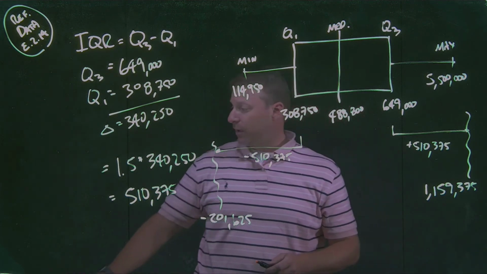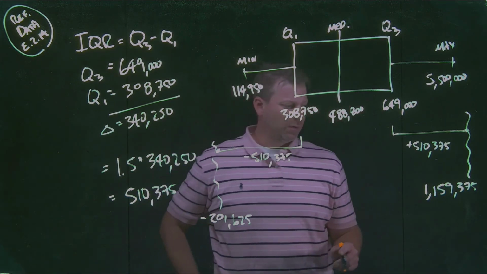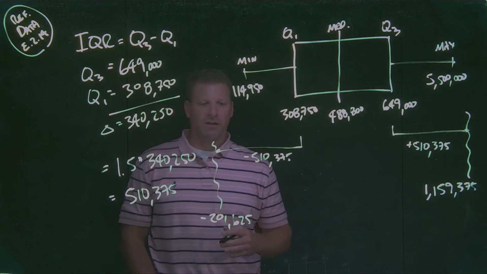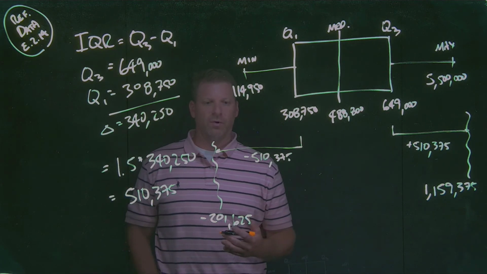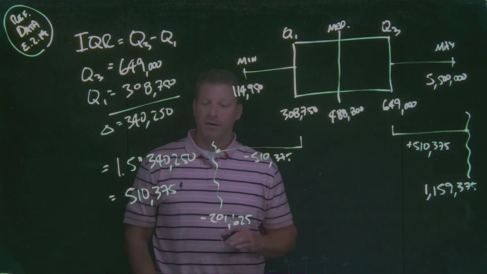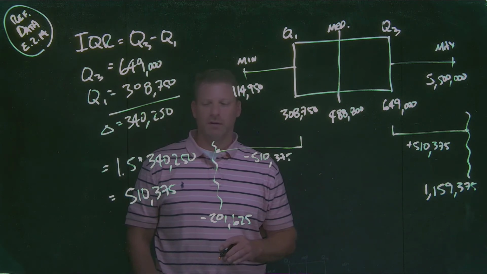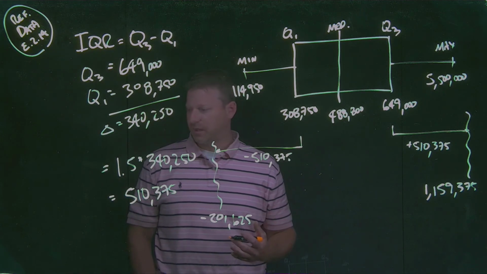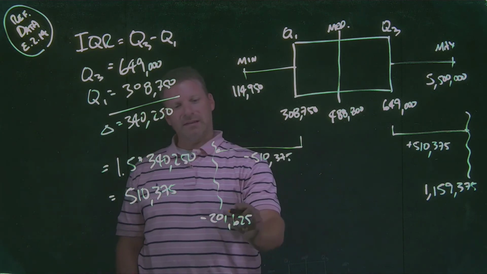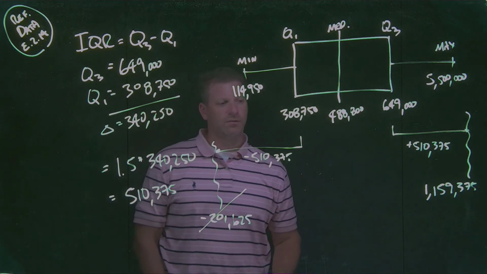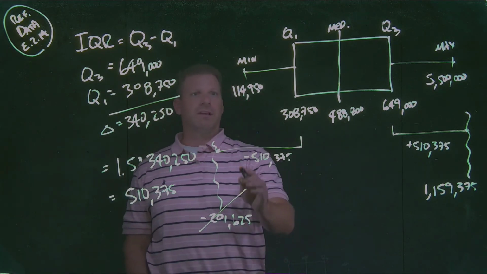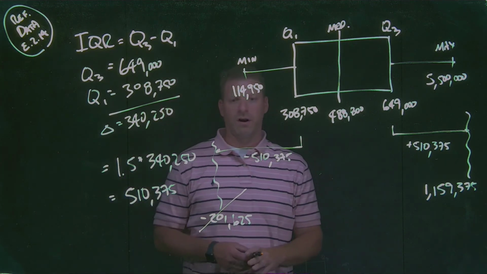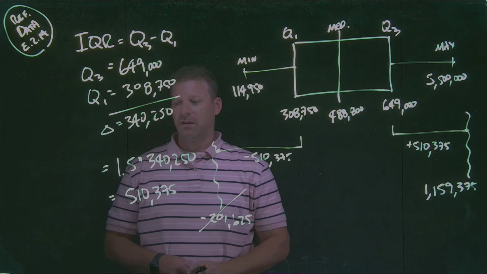So if we go back to our data, a couple of things stand out, and some of it gets into why I struggle with outliers. How can you have a sell price of negative 201,625? That would not be a great deal for a real estate person if they came in and told you they're going to get you some type of negative sales number. So for me, this stands out. It's a little silly, but that's what the definition leads to, and it's okay to observe that. So in this case, even our minimum value is not beyond what our definition of an outlier is on the bottom end.